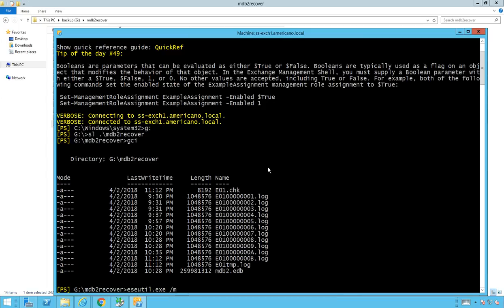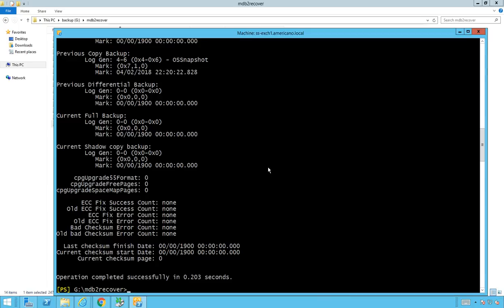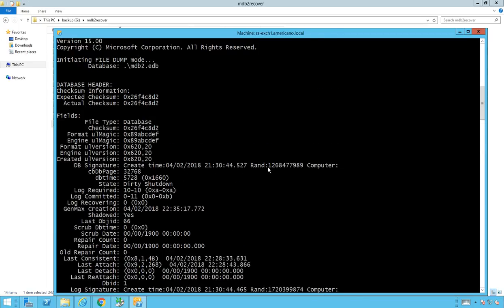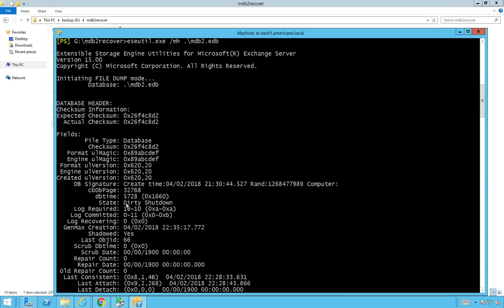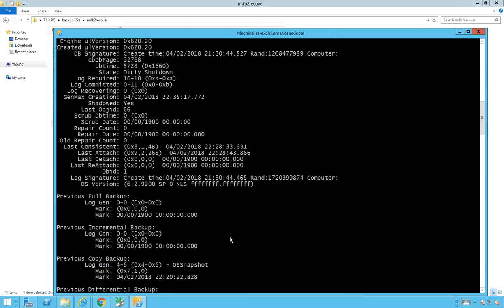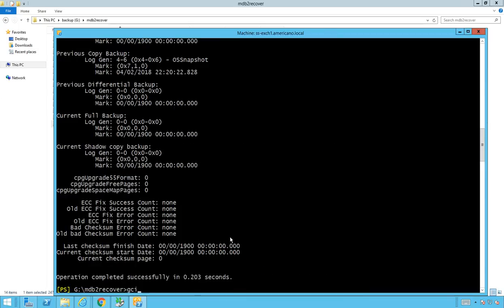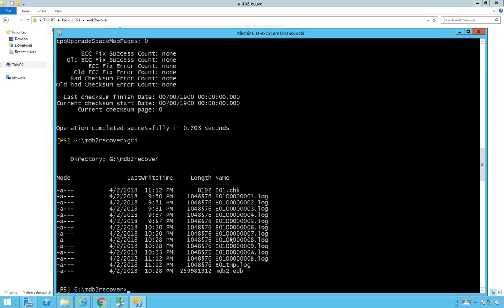And I want to check the message headers for mdb2.edb. And when I take a look at these and I scroll up, you can see that this is currently in the state of being in a dirty shutdown. Okay, so the dirty shutdown state's no good for us. Right? So we need to bring that to a clean shutdown state. And to do that, you want to use ESEutil again,